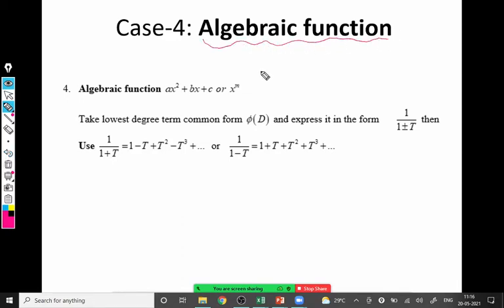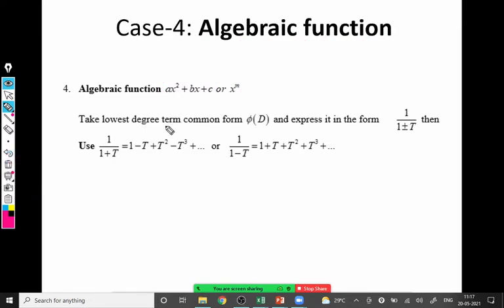Now algebraic function can appear in two forms. Either it is a polynomial. This is the polynomial. What is the degree of this polynomial? 2. Correct, very good. And if it is simply the algebraic function x raised to m, the degree is said to be m only. So it is a single term. Suppose x raised to m is there, so m is the degree. Or generally it is a polynomial mainly. So this is actually an algebraic function of power m, we can say. But the polynomial has degree 2 there. So this degree plays a very important role in solving the PI here.